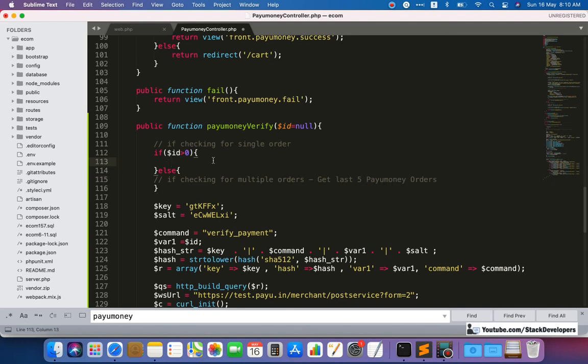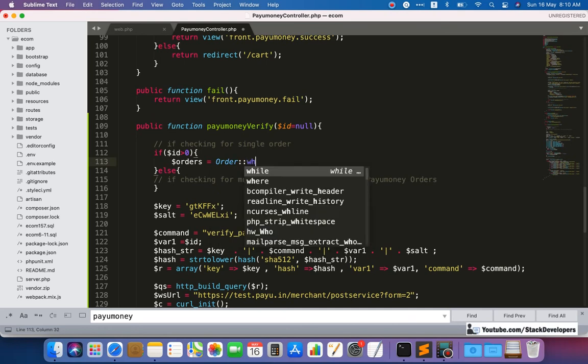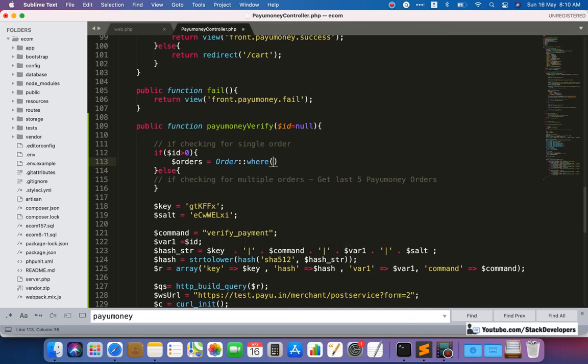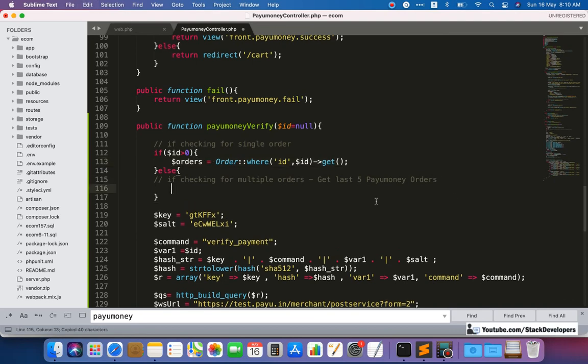If we are checking for a single order, then we will write orders equal to Order, and here we will add the where condition, where id is $id, and give it a simple get like this. And if we are checking for multiple orders, I'm going to copy this one and add more conditions for it.